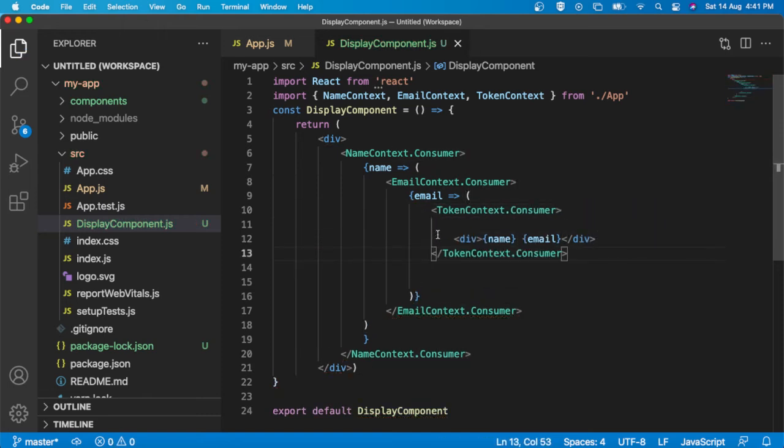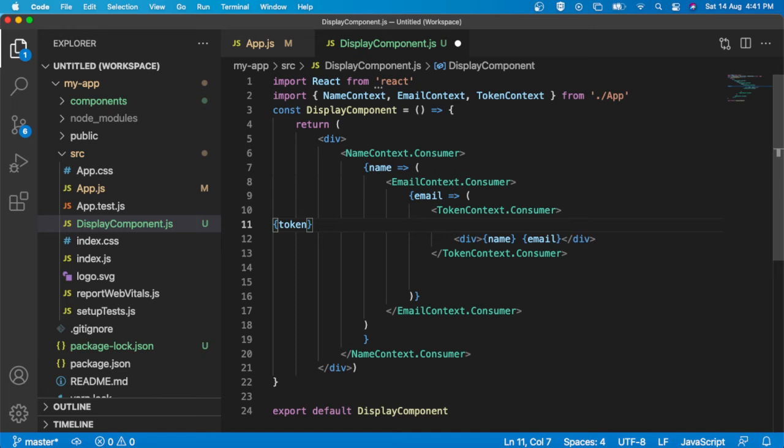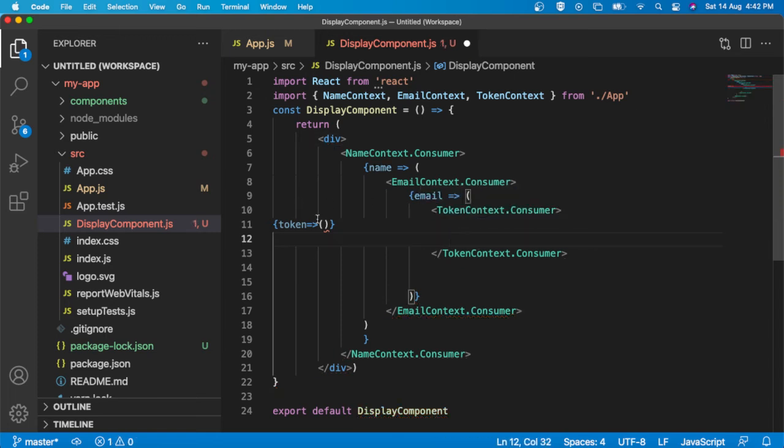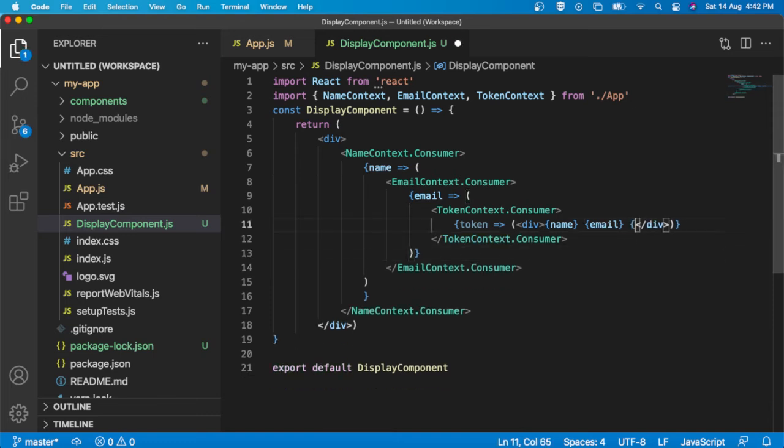Clear? Now here I can access the token value, sorry, arrow function bracket. I have to put all this div inside that token consumer. Clear? Now I can access the value of token. Clear? Here I can just print the token.